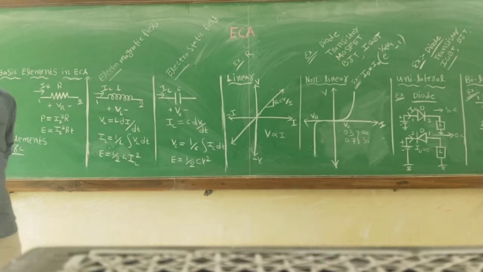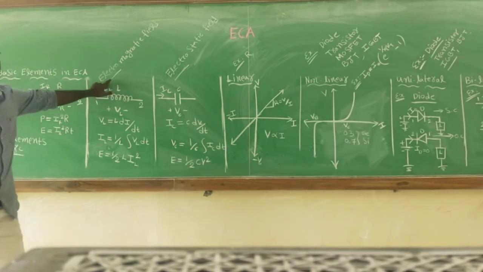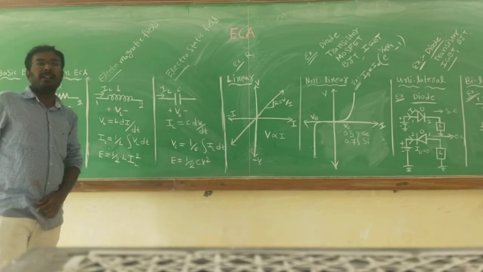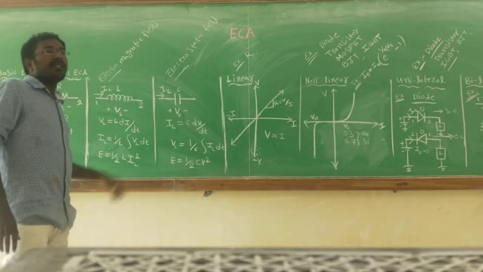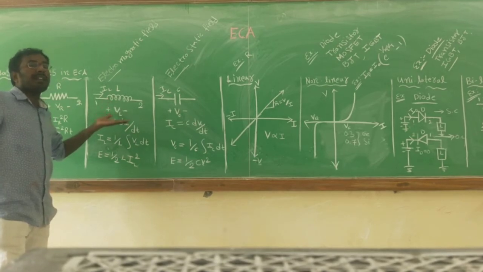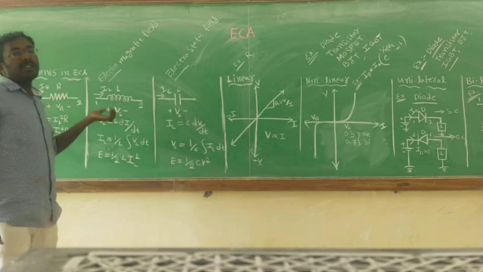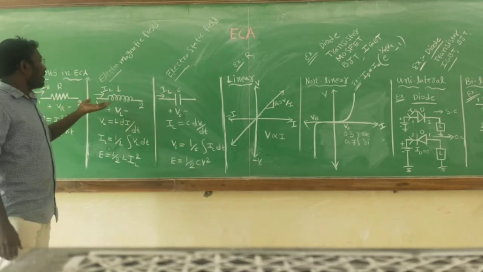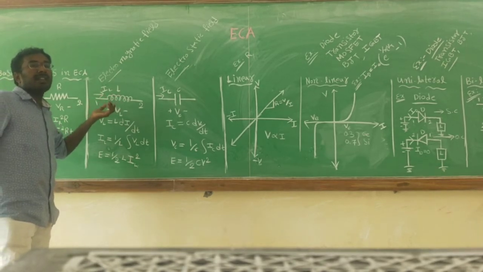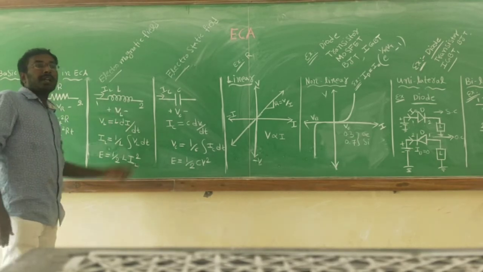Inductor stores the energy in the form of electromagnetic field. Inductor is just like a coil. By using a coil we generate the flux, and by using flux we make poles. That is, by using a coil we are making a magnet. So by using an inductor, by using coils, we are creating a magnetic field. That means it stores the energy in the form of electromagnetic field.